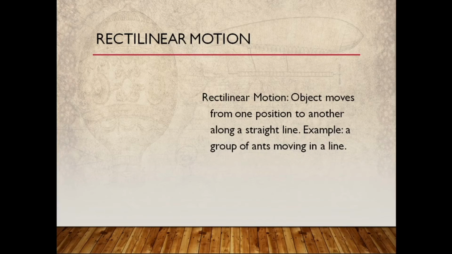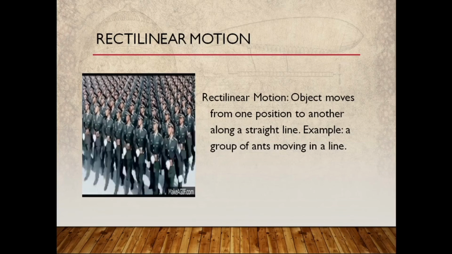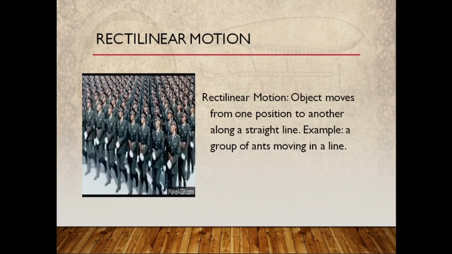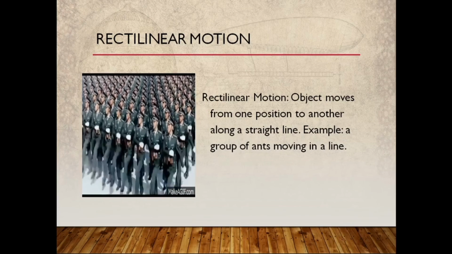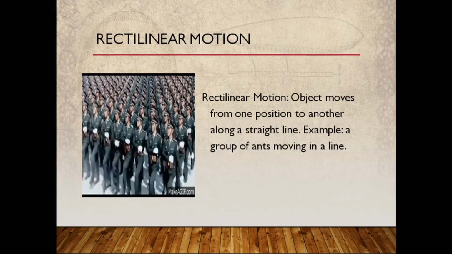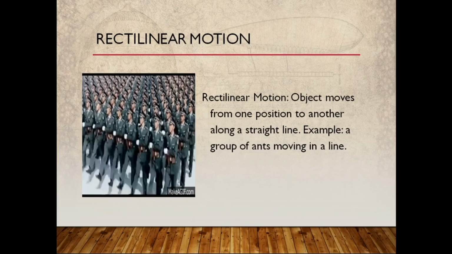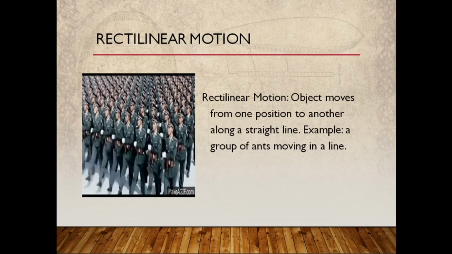But here I am showing you another example of rectilinear motion. You must have seen the 26th January or Republic Day parade. You must have seen it, haven't you? There the cadets move as shown in the picture. Fine, they all are moving in a straight line without changing direction. So this is the best example of rectilinear motion. This is known as march past. March past by the soldiers is an example of rectilinear motion.